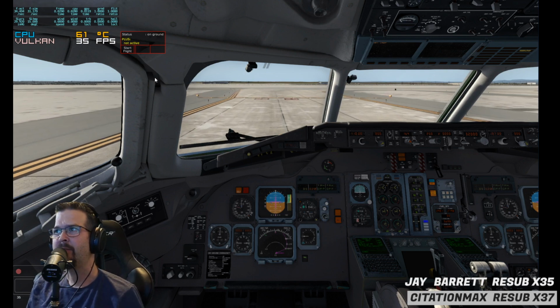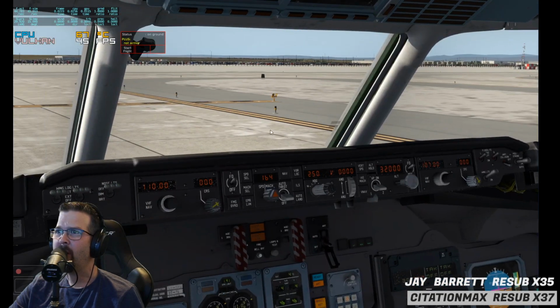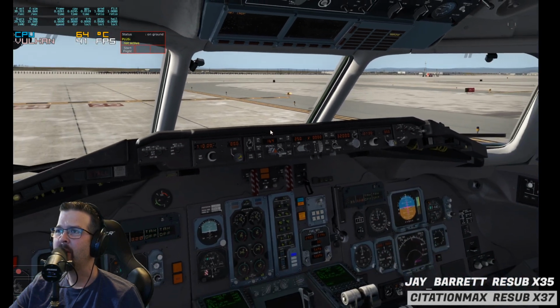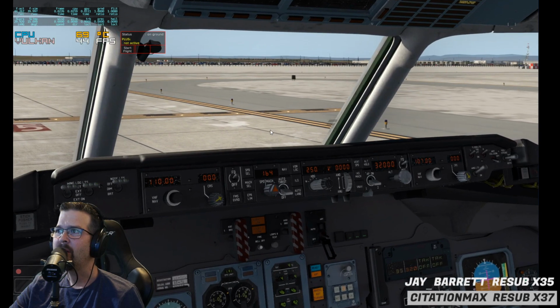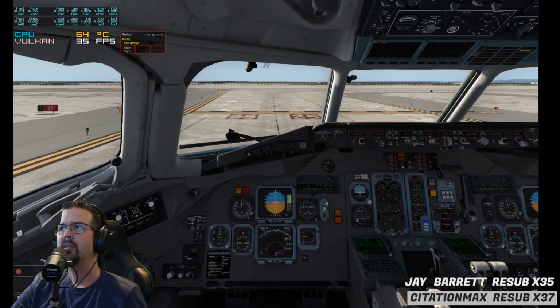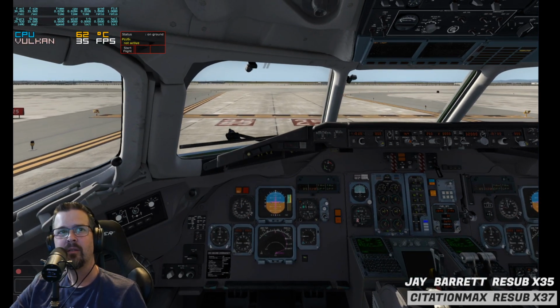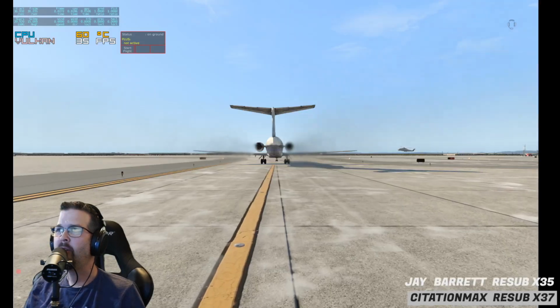Are we ready for takeoff? I think so. Auto throttle is off. When does that go on? I think on takeoff, as soon as I put them on, the throttles went straight up. Okay. So just like in a 737 or any airplane, you spool up to about 40%, roughly. I forget what the setting was, and then you hit